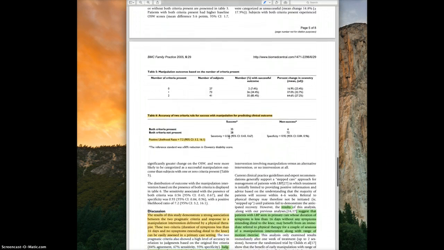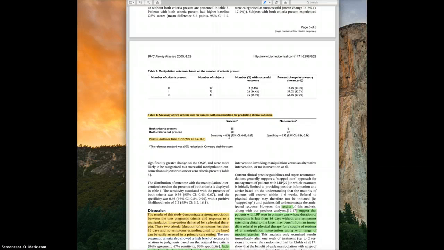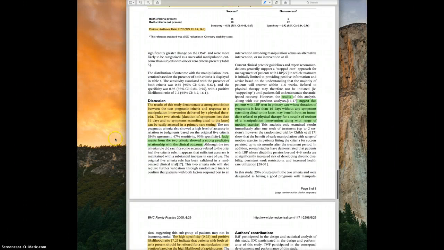But at the end of the day, when we just looked at the 2 criteria rule for the success of spinal manipulation, the predictive values were pretty good. 7.2, right? A moderate shift in probability that the patient has a favorable outcome. So essentially, the results of the study indicated that there was a strong predictive relationship with the clinical outcome for spinal manipulation in primary care setting, and it suggested that patients with low back pain seen within this setting that presented with these symptoms with a couple of sessions of manipulation